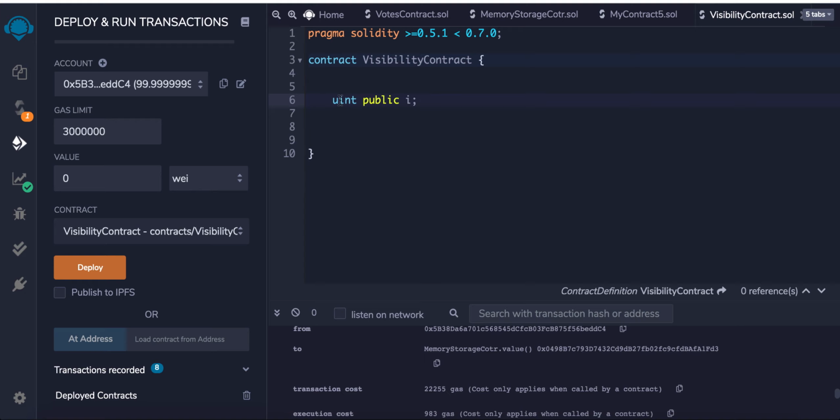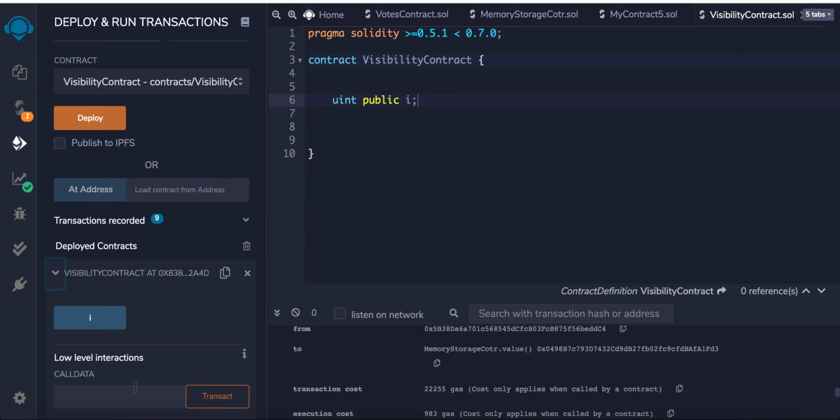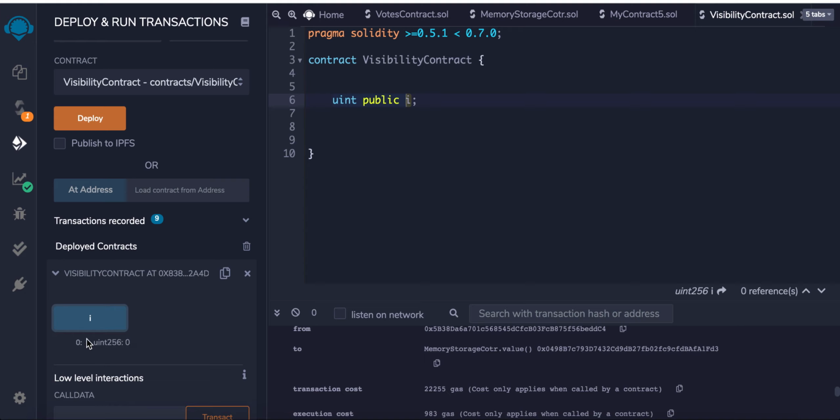So first of all, if we create a public variable and we deploy the contract, we will see that the Solidity language creates by default a special function called the same name as the public variable. This is the function called I. Every single public variable will have a corresponding function after the deploy, and by clicking this function, by calling it, you will receive the actual